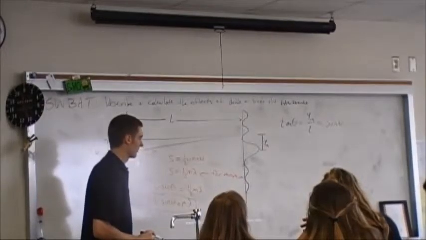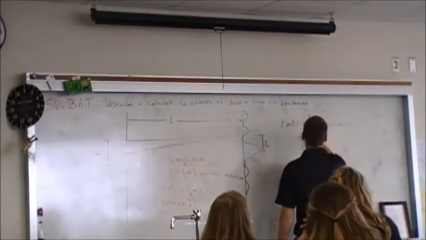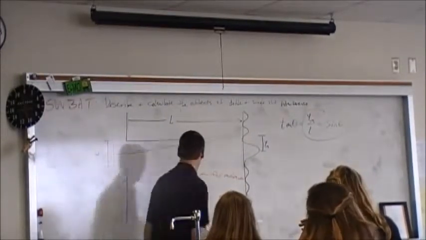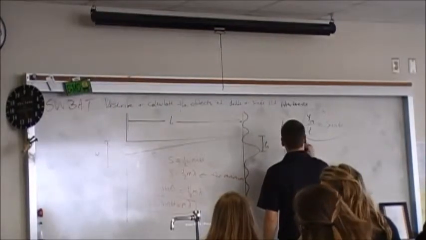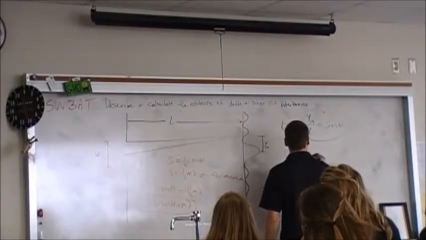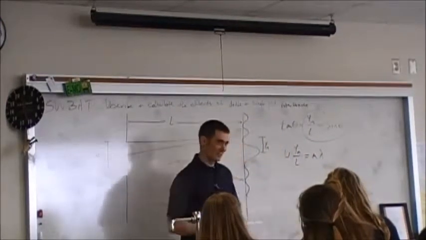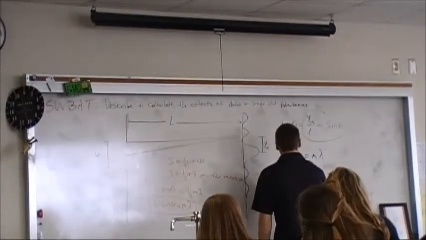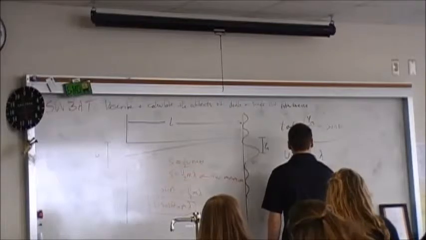So if sine theta is y over L, plug it in right here. We have w times y over L equals m times lambda. And so we have almost the exact same formula, except now y sub m for a minimum equals m lambda L over